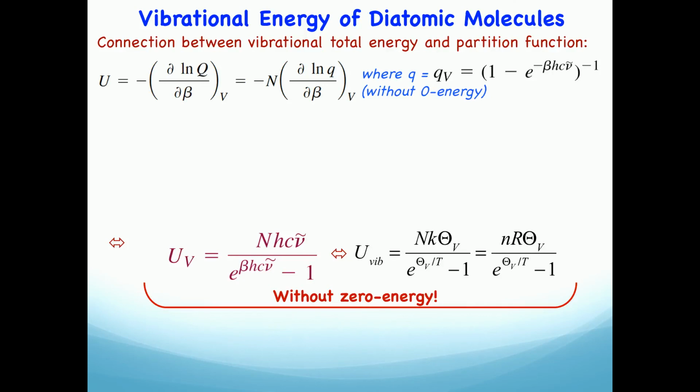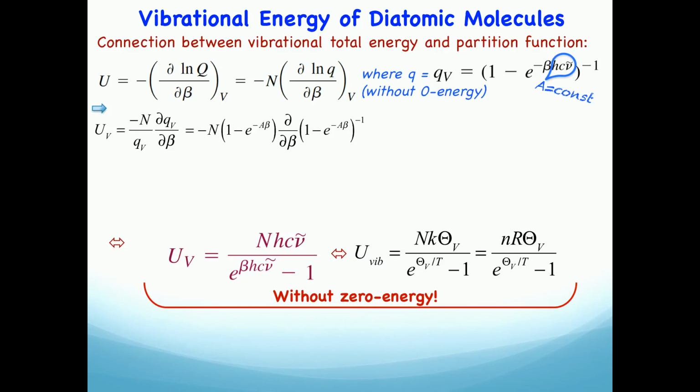Or you can take log and then take a derivative with respect to beta. I think in this case it's probably easy to do it this way, taking the log of this formula and then taking a derivative, or maybe not. No, I still get the same idea. So we take 1 over q times the derivative of q, right? Which means you just need to take a